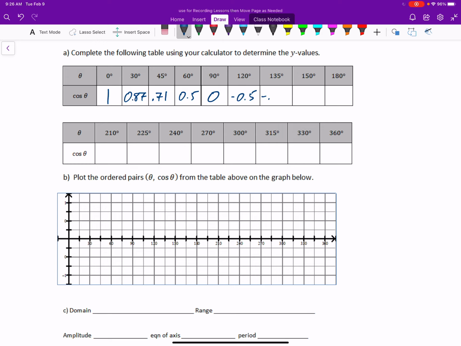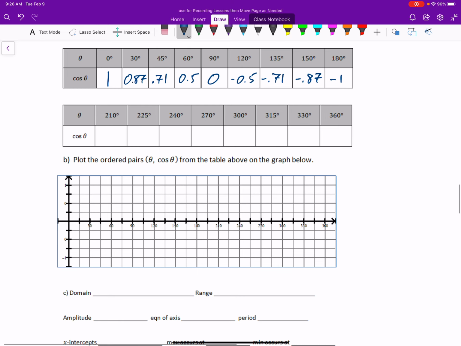And then I got negative 0.71 and negative 0.87 and negative 1 at 180. Interesting. And when I do 210, I get negative 0.87, and 225 is negative 0.71, negative 0.5, so it's coming back upwards. At 270, I hit 0 again. Remember from that previous question? Yeah, 270 did give me a cos of 0. 300, now I'm popping back up above the x-axis and getting these values, which you've already seen,